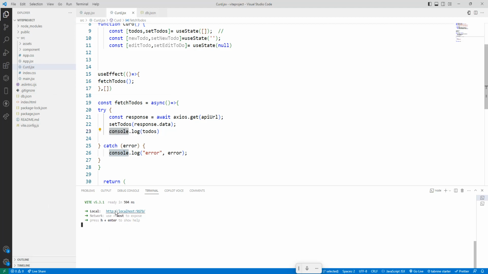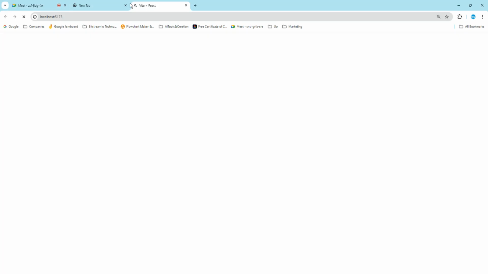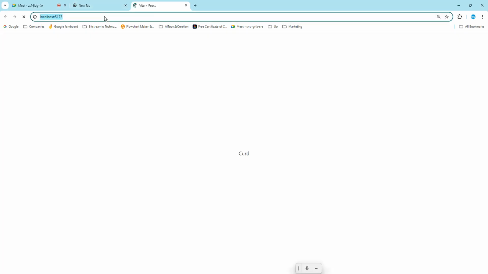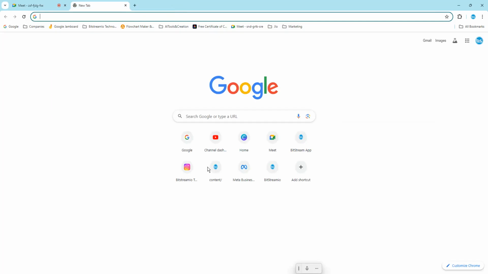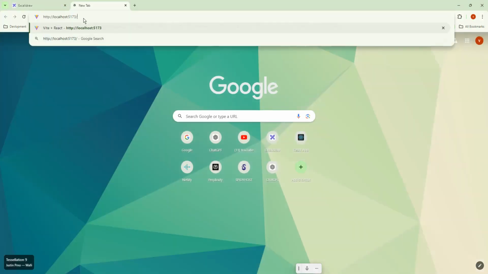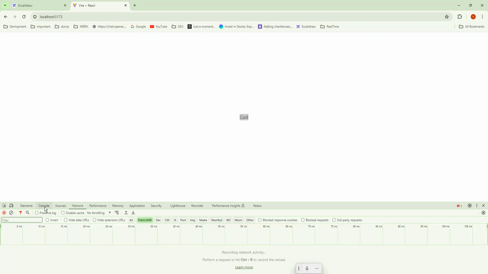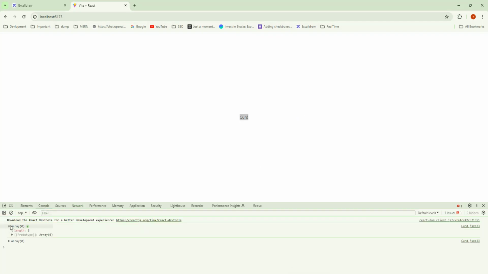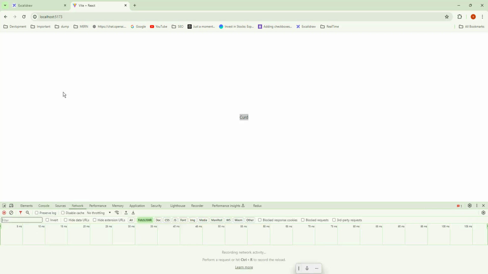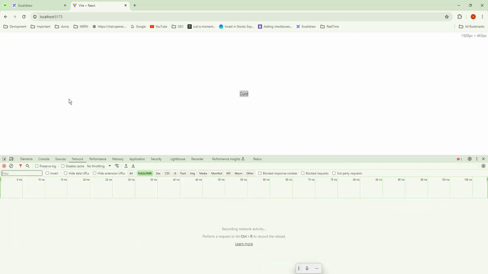See here, localhost. It is running here. I will just open it here. I will just cut it. We'll go here. Enter. So this is the code. Then Control Shift I. We'll go to the console. See here, the array is 0. Let's check whether my project is working properly or not. If you just reload it,